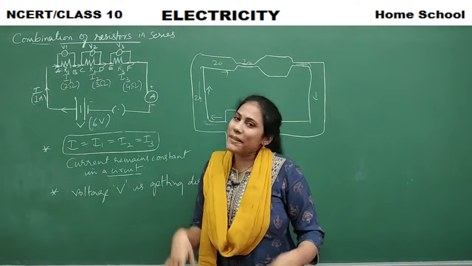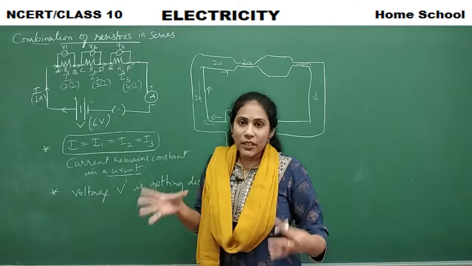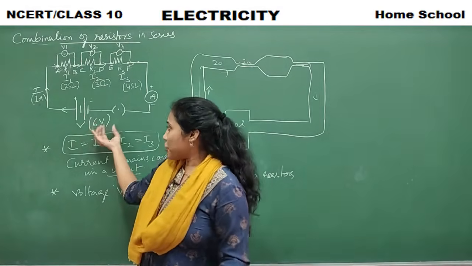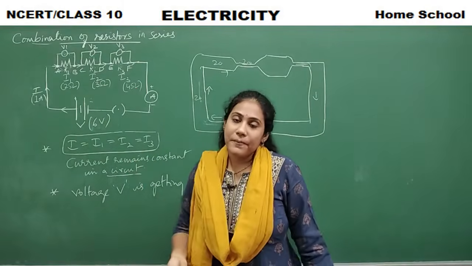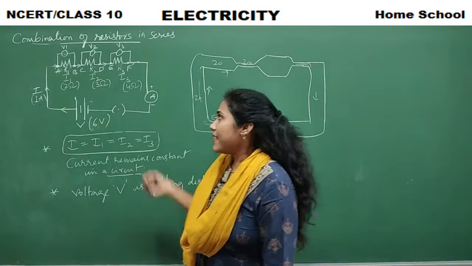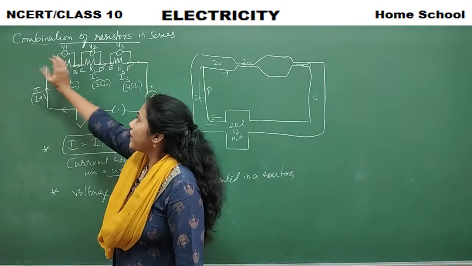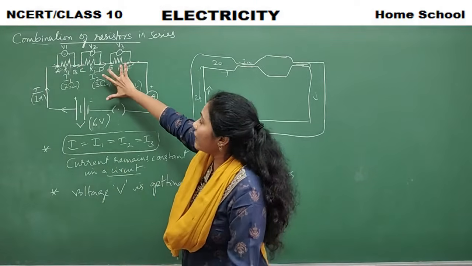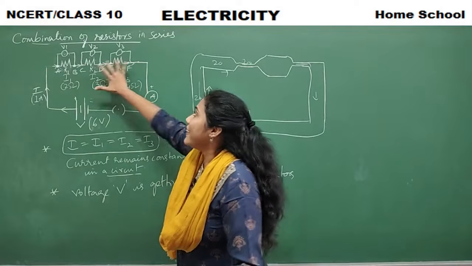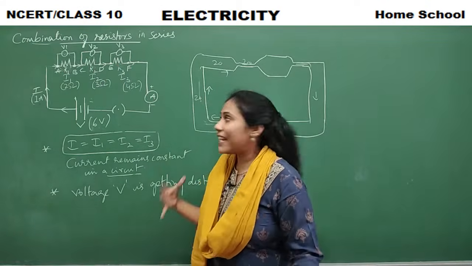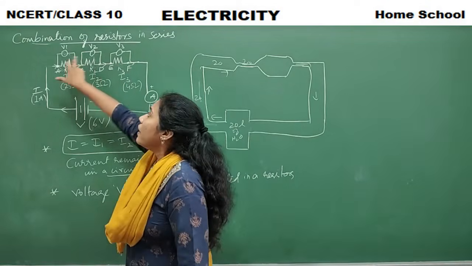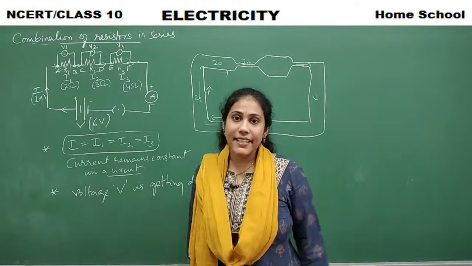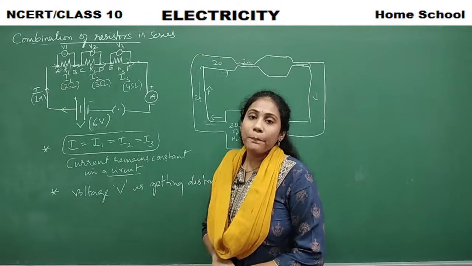When there is less disturbance, current can flow more easily, right? So then you don't require much push from the potential difference, from the voltage. That's the reason less voltage is sufficient for the flow of current in this region, right? More voltage is required to push the electric current in this particular region. So that's why different resistors show different voltages when they are connected in series. This is a very, very important point.